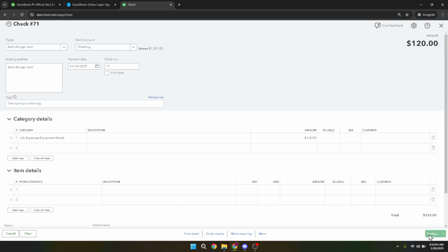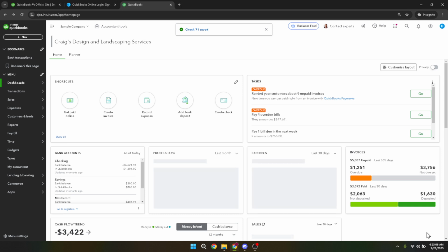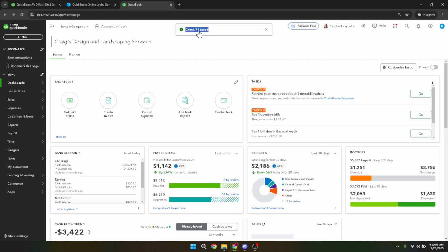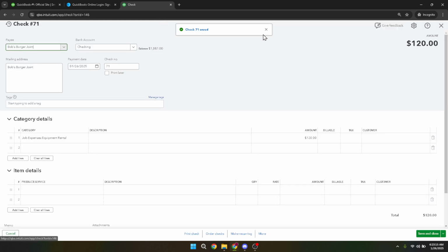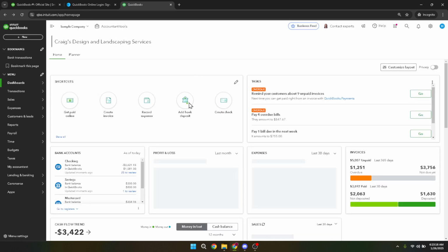Finally, if you want to establish consistent processing for manual paycheck transactions, you can navigate over to the Rules section. Go back to the main interface and look for Rules in the menu. Setting up rules is a great way to automate certain actions in QuickBooks, minimizing the need for repetitive manual entry in the future. And that's it, you've successfully entered a manual paycheck in QuickBooks Online. With these steps, managing payroll transactions becomes a straightforward task that integrates seamlessly into your routine bookkeeping activities.